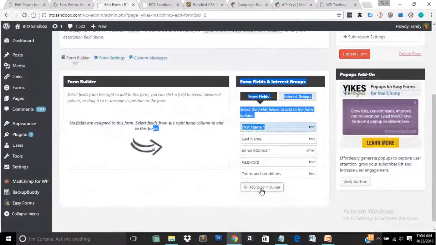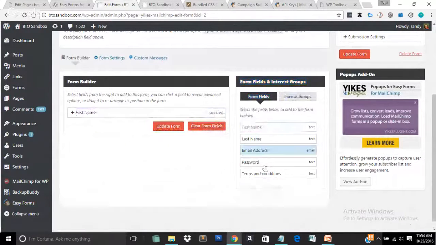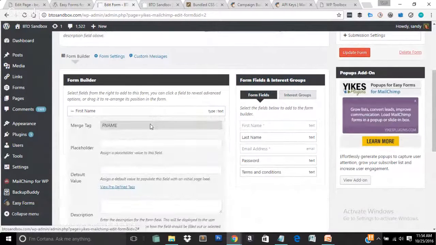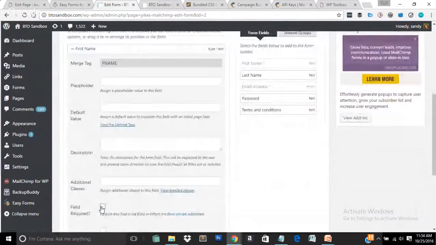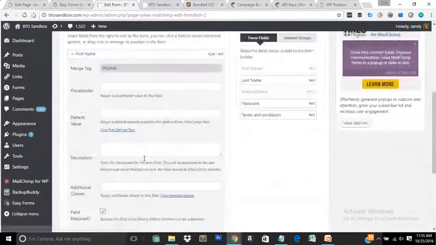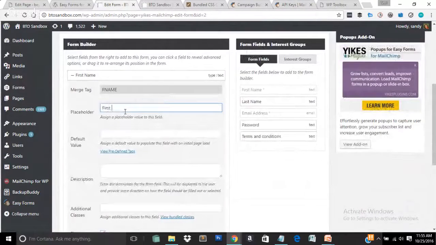I'm going to click on first name. It's not exactly drag and drop. And then we'll do email address and add those over here, right? If you click on each of them, you can choose whether or not it's required. Of course, email address is always required. And then what I like to do, this is a neat feature,